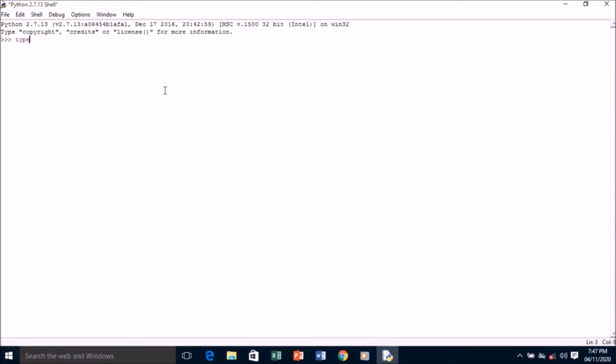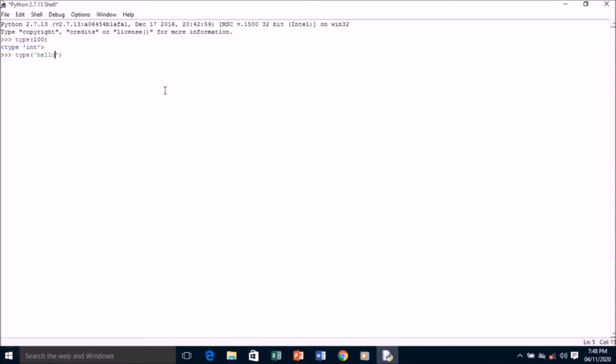So here when we type type, and after that I'm entering a number, and when I press enter key here, see it tells us that 100 is an integer. This is the output given by Python. The next thing, again I'll type type, and in brackets in single quotes we'll write HELLO.